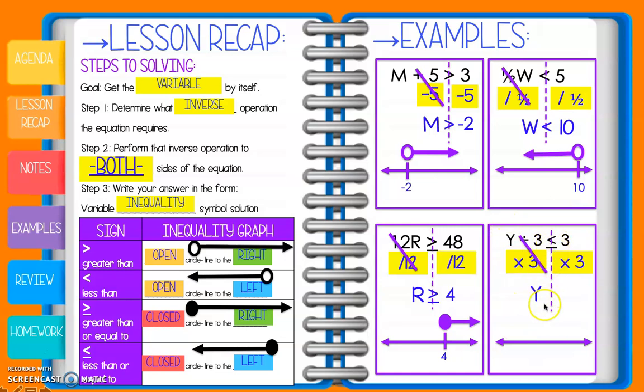y is less than or equal to 3 times 3. And 3 times 3 gives me a 9. So my solution is y is less than or equal to 9. Now we're going to come down here and put it on our graph. So I'm going to plot my 9. I have a closed circle and a line to